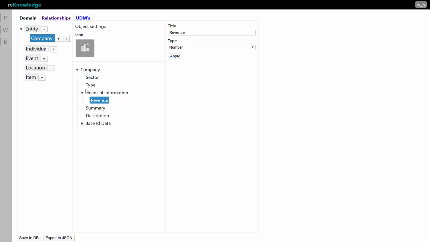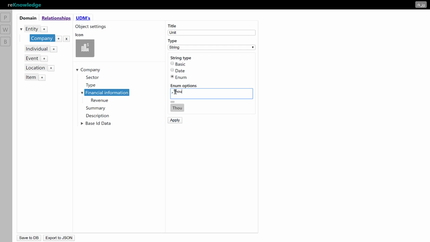We might want to add unit. Otherwise, when we have companies making billions in revenue, we're going to have to put all the zeros, which obviously can lead to mistakes. So here for units we'll use string, and we'll create